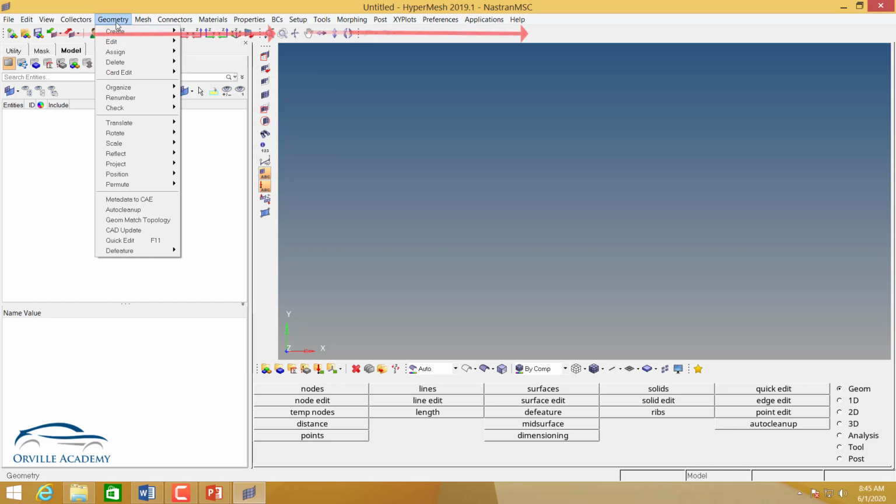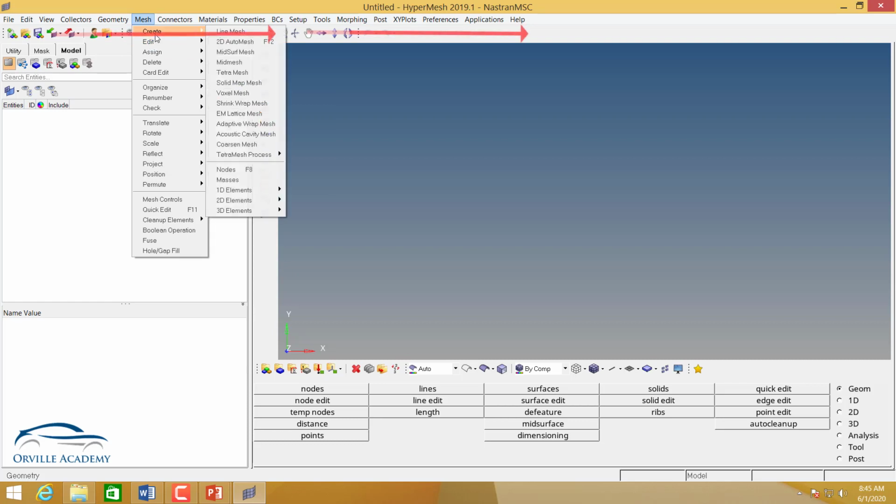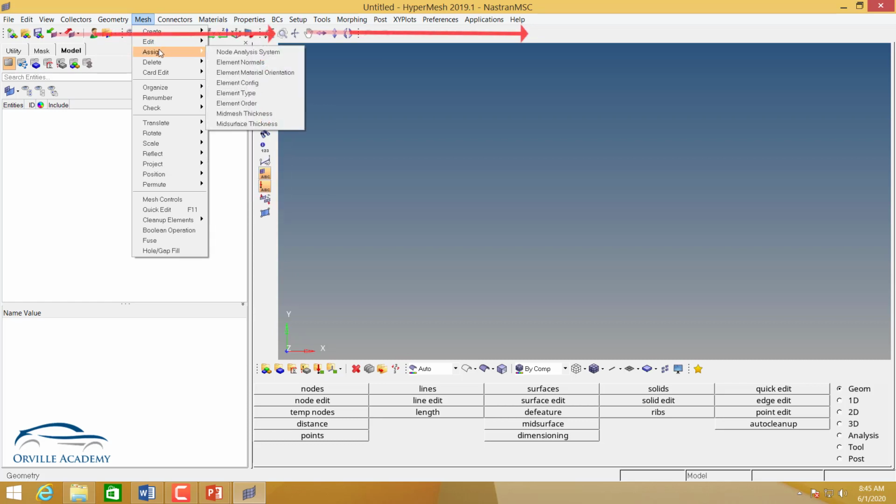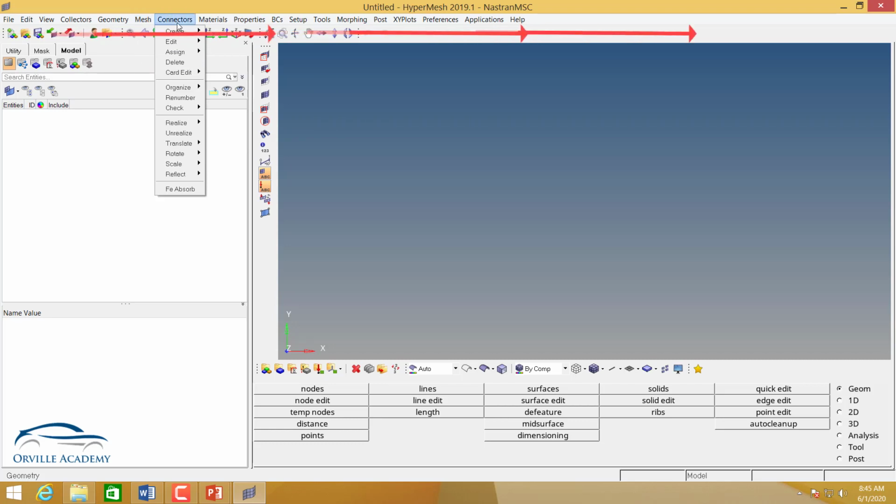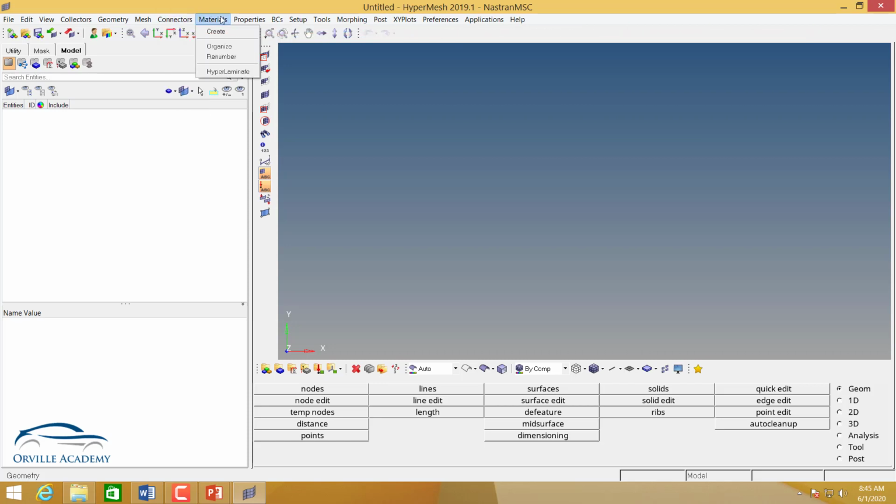Once the geometry is created, we will go for meshing. So here we can perform the mesh, you can edit the mesh, you can assign various different properties or change the order of mesh, change the type of mesh. Various options can be performed over here. Once the mesh is created, we will go for connectors. That means connecting different components. For example, I have a door assembly with me, I have a door and a reinforcement bracket of the door. So I have to weld that reinforcement bracket to the door. With the help of a connector, you will be able to do that. After the connector, we will go for material, then we will go for properties. What I'm trying to say, guys, is that this is arranged from left to right in the order of how to create a model.